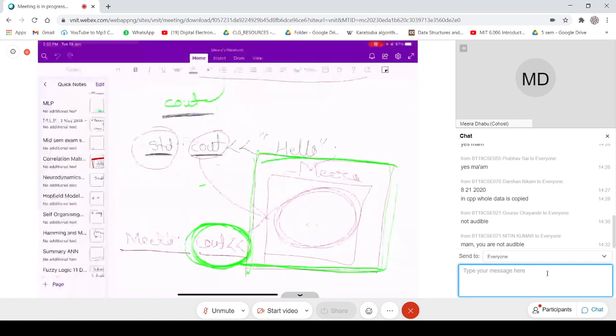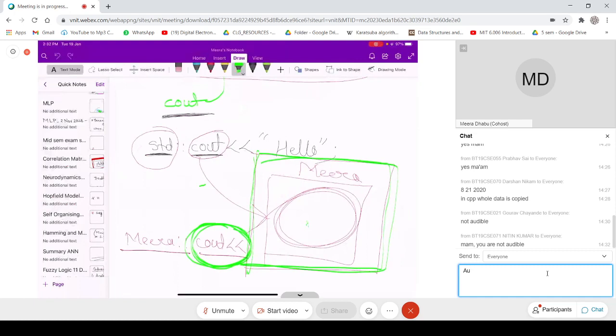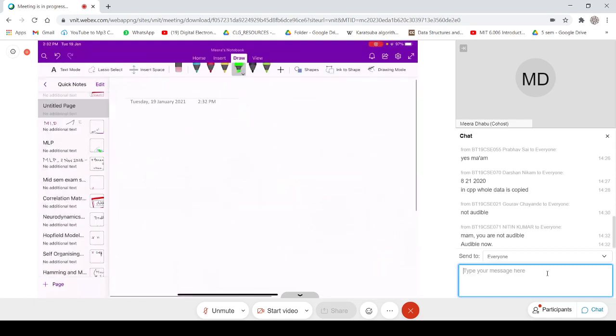So in Java, whenever you are creating an object of user defined data type, it will be created on the heap.